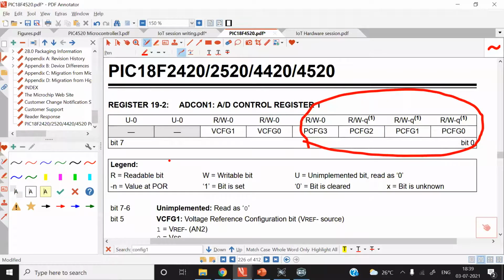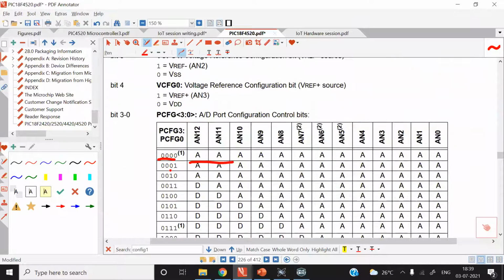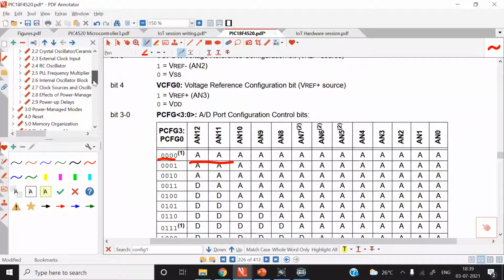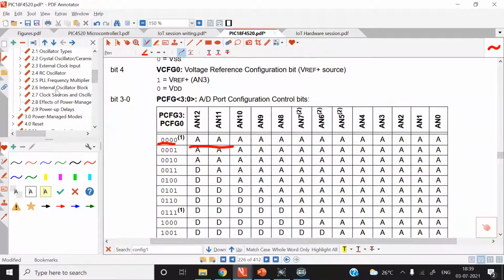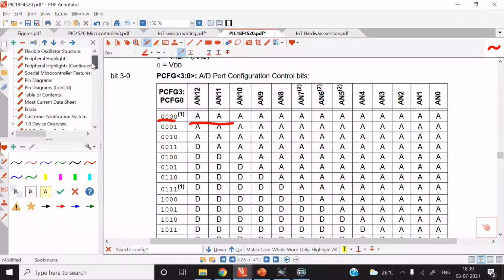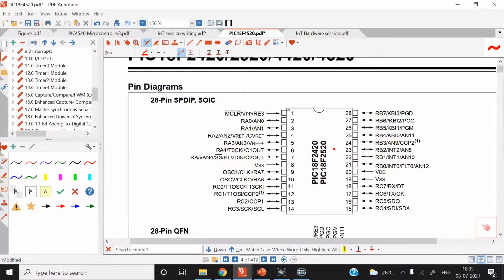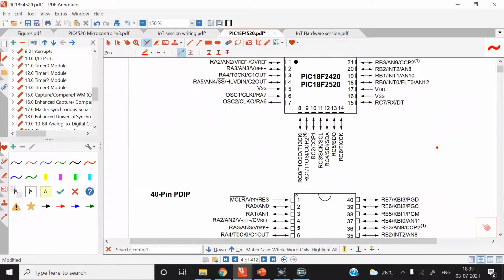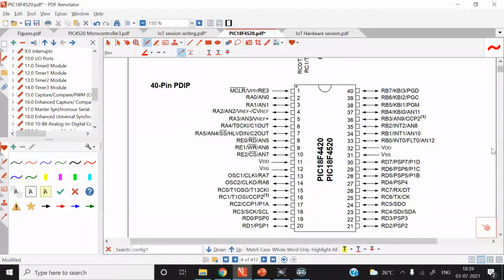In our case, some analog pins are there on port B, and in this program we do not require any analog pin. Let me show you once again. This is the pin diagram. Which channels are analog?